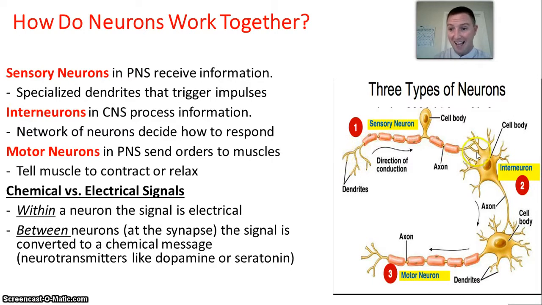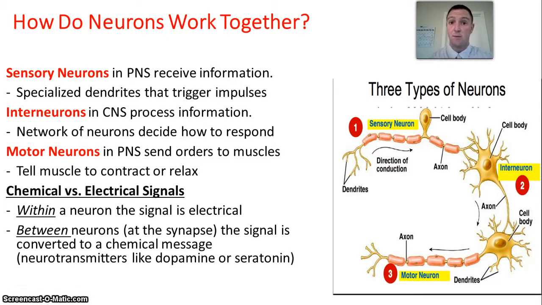When it gets to the end, it's got to cross this thing called a synapse, the gap between the nerves. And for that brief moment of time, that millisecond, the signal gets changed from electrical to chemical. And we send these little chemicals called neurotransmitters across the synapse so that you can trigger an impulse in the